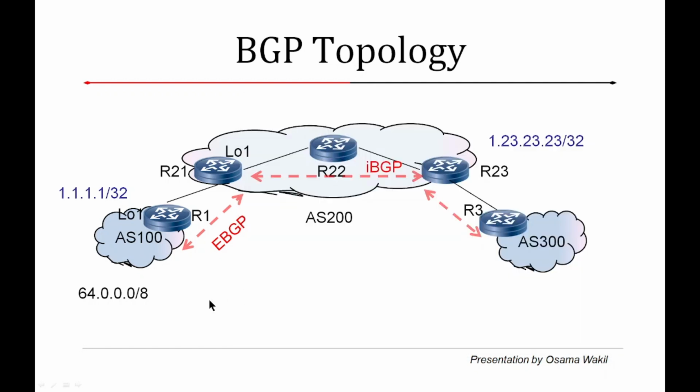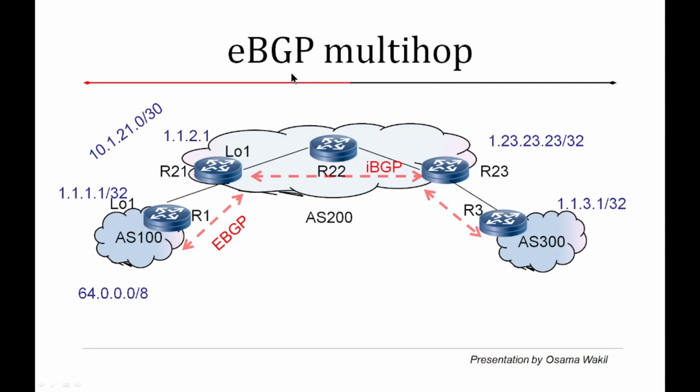So virtually it's the same routing protocol, but the only difference is how we are applying it. If we use the same AS number in our configurations, it is going to become iBGP, whereas otherwise it will be eBGP. Another important difference that we see is while configuring the eBGP sessions.